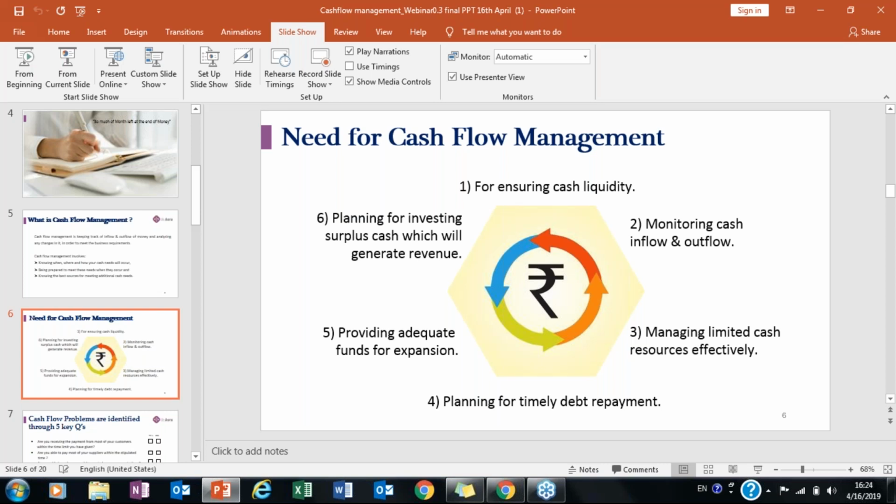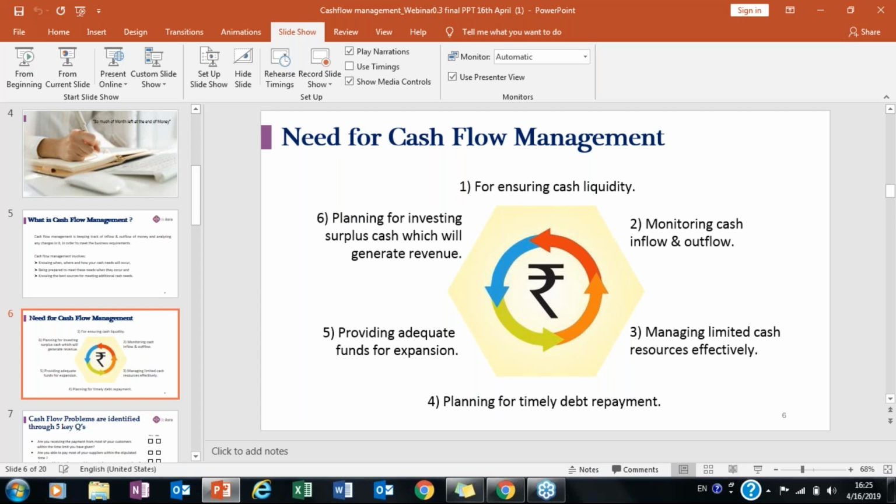So the need for cash flow management also helps us to understand, okay, tomorrow I have to pay my debt, or tomorrow I have to pay an EMI, or tomorrow I have to give the money to the lender, or any sort of things. Cash flow management helps us to understand, which in turn helps us to plan our debt timely. Planning our debt timely is very